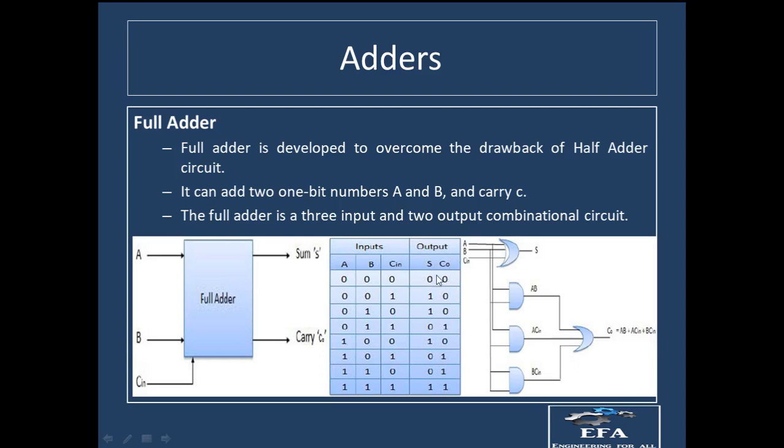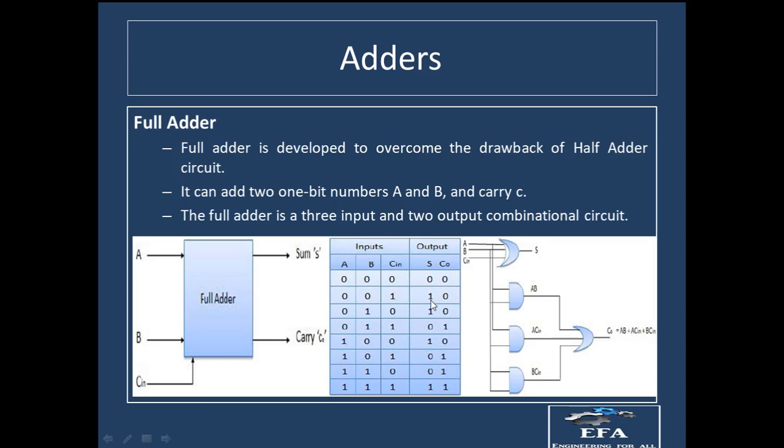Let us talk about first of all the sum part. If you are having 0 plus 0, it will be equal to 0. Again 0 plus 0 will be equal to 0. So there is no sum, no carry, therefore sum is equal to 0 and carry is equal to 0. After that we are having 0 plus 0 equal to 0, 0 plus 1 equal to 1. So there is no carry, only sum is there.